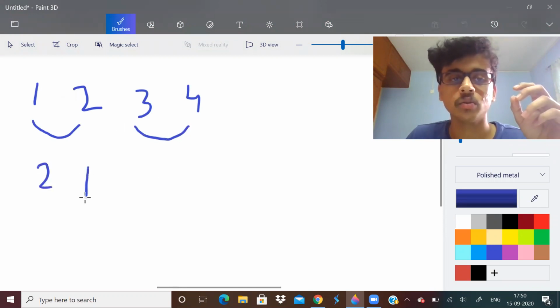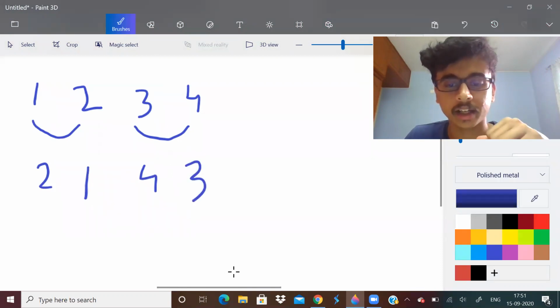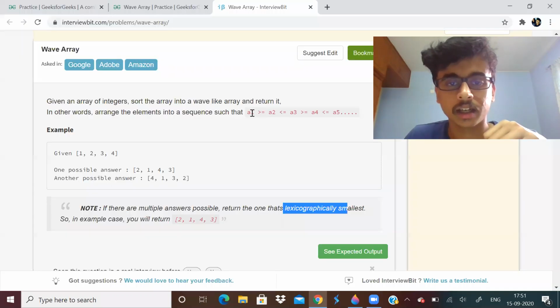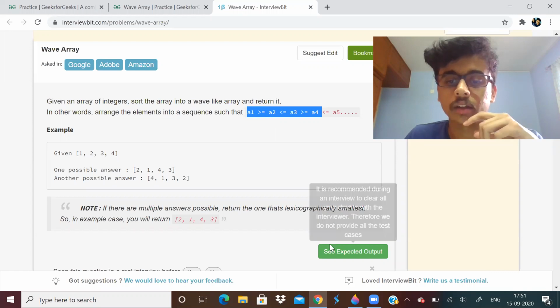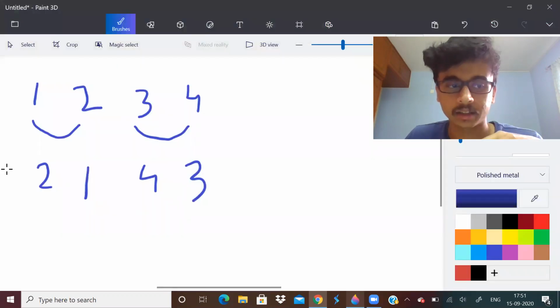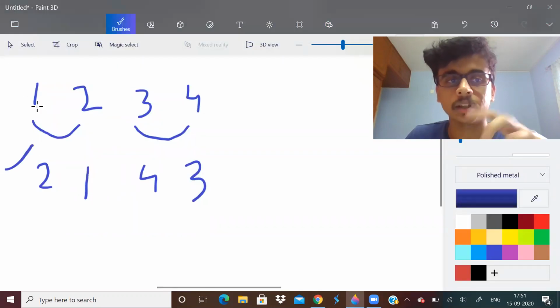It becomes 2, 1, 4, 3. Has this become a wave array? I think it is satisfying. Don't you think? This is already a wave array, right? We just swap the adjacent elements like 1, 2, 3, 4. It was done.